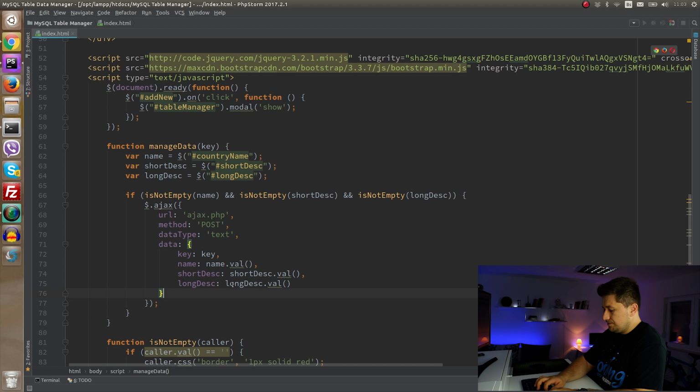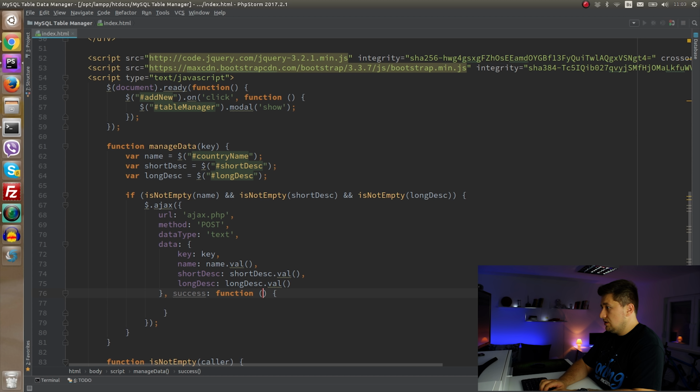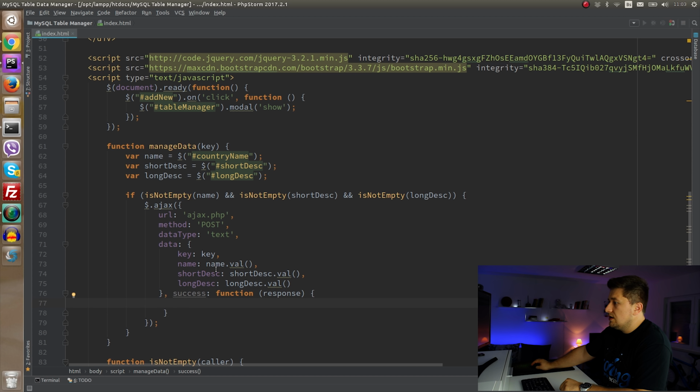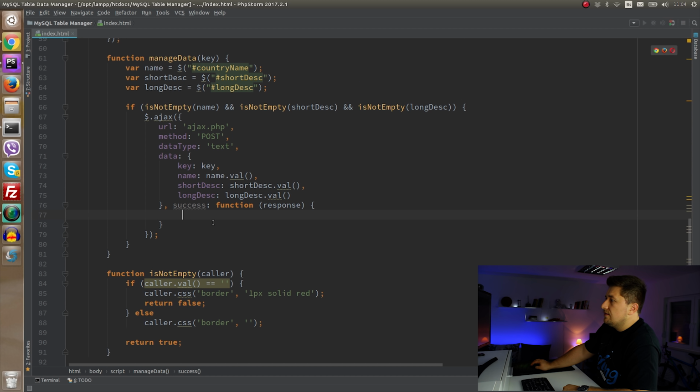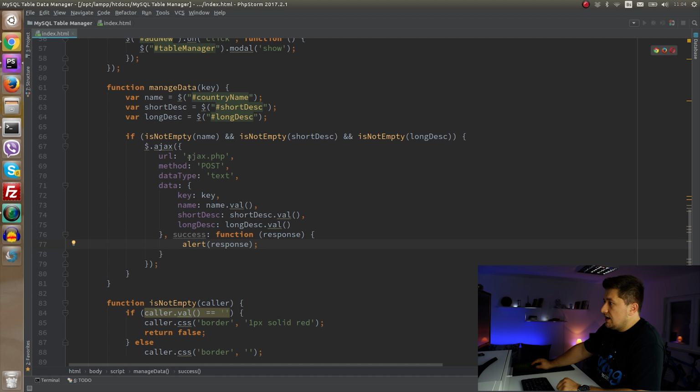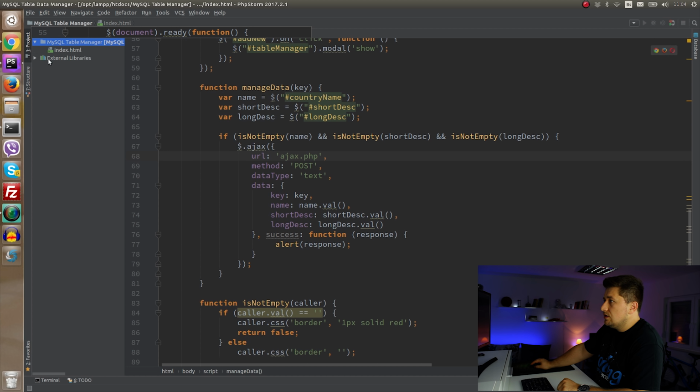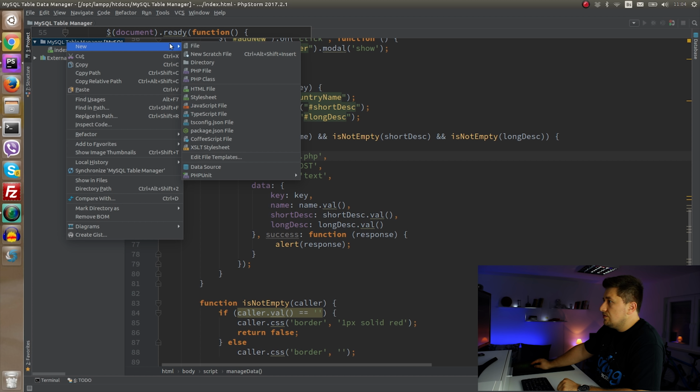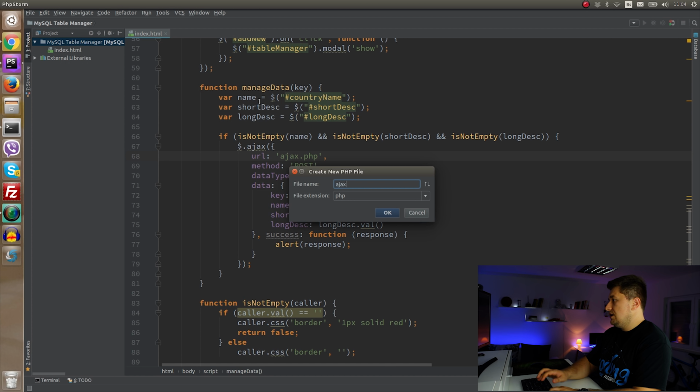And of course we need to have some success function, response from the server. So once we receive the response from the server, this part of the code here will execute. So let's now just await response, just to see what will happen. And now let's create an Ajax file and write the PHP code. So I will say new PHP file Ajax,